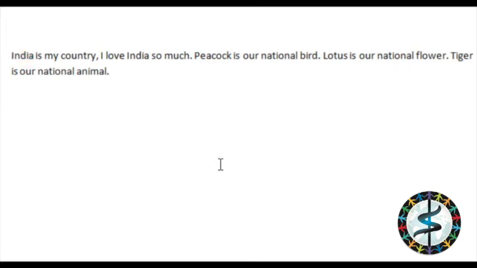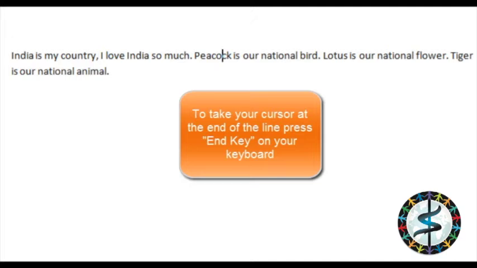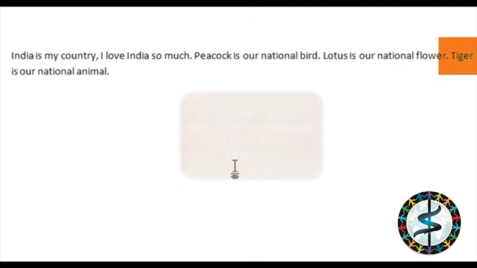Suppose you want to put your cursor at the end of the line, and right now our cursor is in between somewhere, press the End key from your keyboard, and as you can see, I have pressed the End key and my cursor is placed at the end of the line.